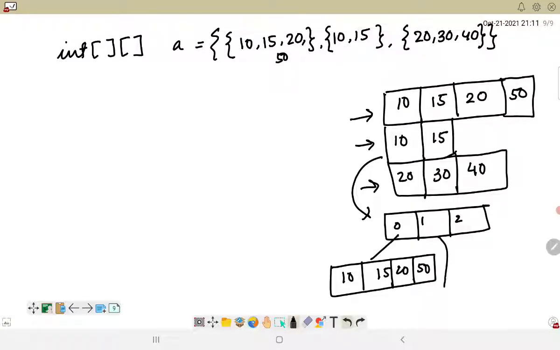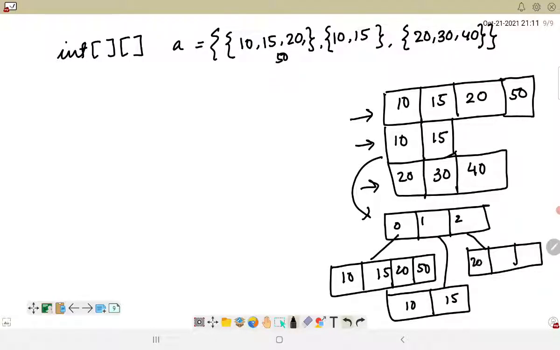The second one will be representing just two elements, which is 10 and 15, and the third one will be having three elements, which has 20, 30 and 40. Okay, so this is how we can go ahead with representation of the elements. So A will basically be representing the array of all the three 1D arrays.